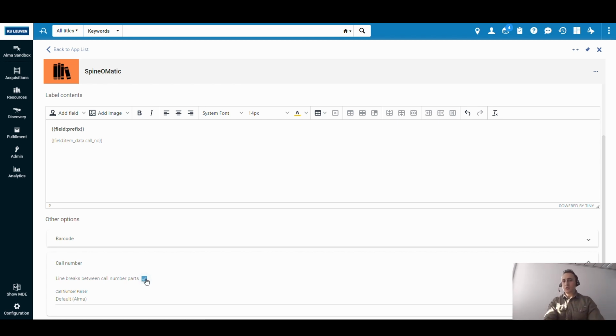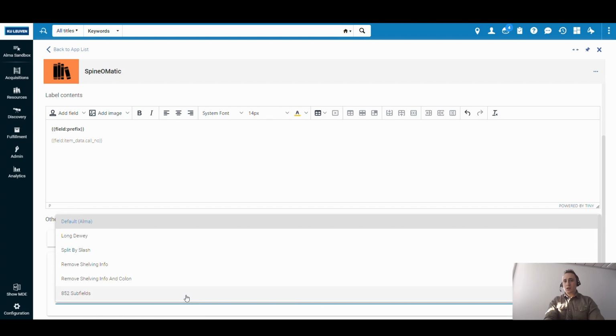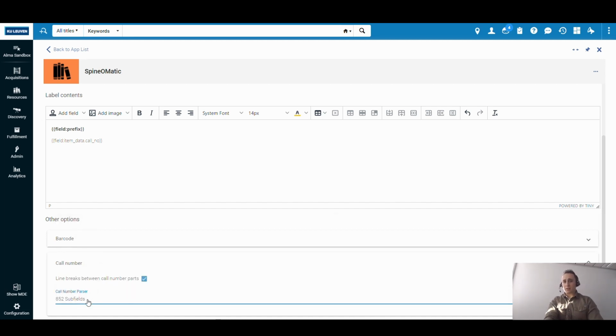I can use this option to have line breaks between my call number parts, and then I can choose the parser. There is the Alma default parser, so this is your default parsing routine in Alma. Then you can add another formatting. You can also split the lines based on the subfield. So in line 1, I'm going to display the subfield H. In line 2, the next subfield, subfield I, and so on.